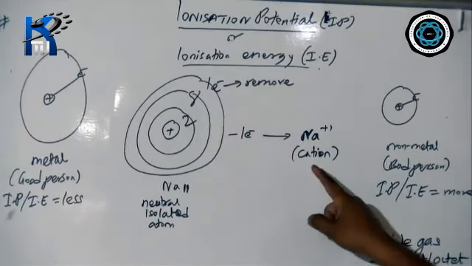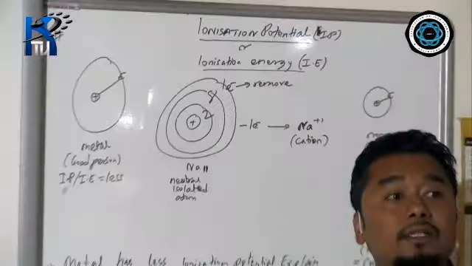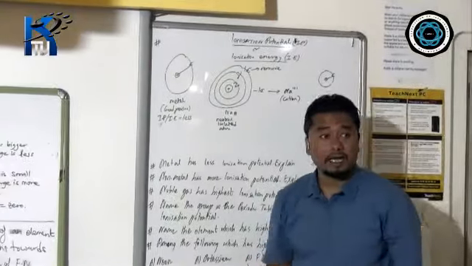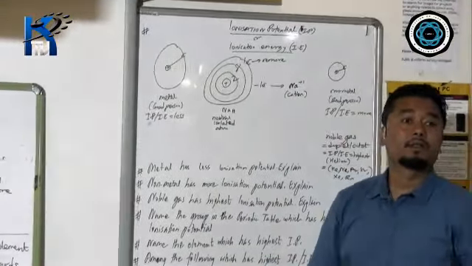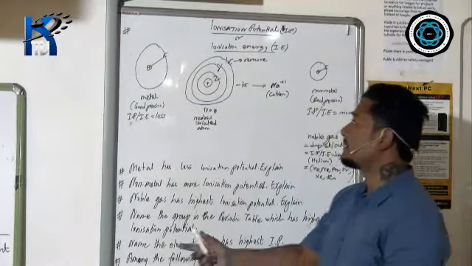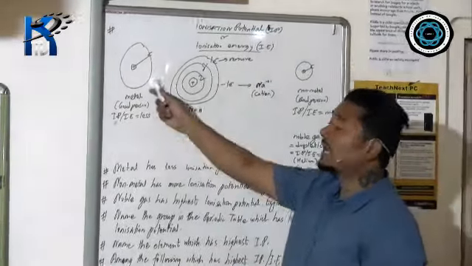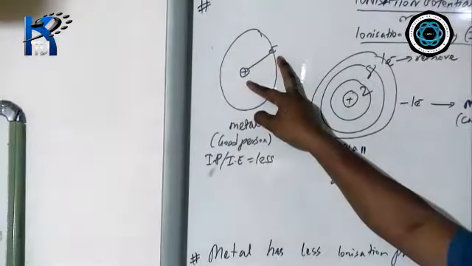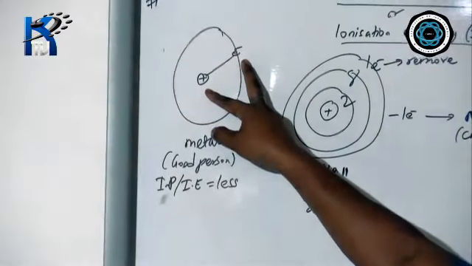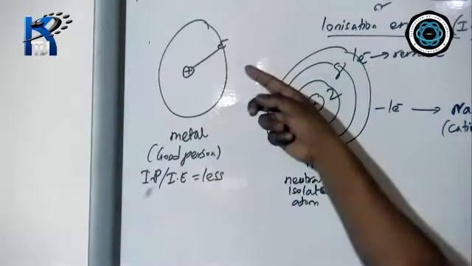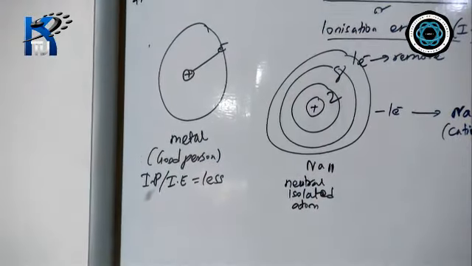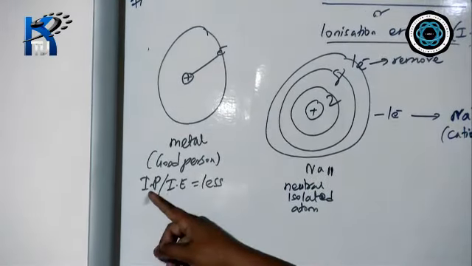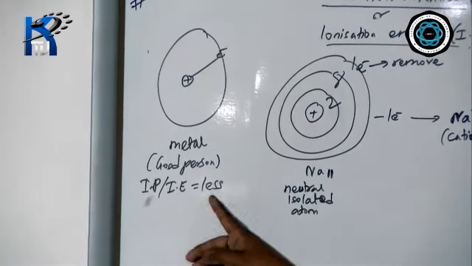Now let us see the value of this ionization potential in the case of metals, non-metals and noble gases. In my last part, I said I compare metals to a good person. They are generous. So as a good person has a big heart, metal also has a big atomic size. Since the size of metal is bigger, the distance between the nucleus and the outermost electron is more. As a result, the force of attraction between them is less. Therefore, if any other element wants to remove an electron from a metal, it has to put in less energy. As a result, their ionization potential, or ionization energy, will be less.